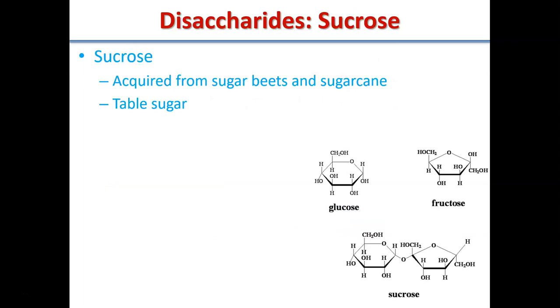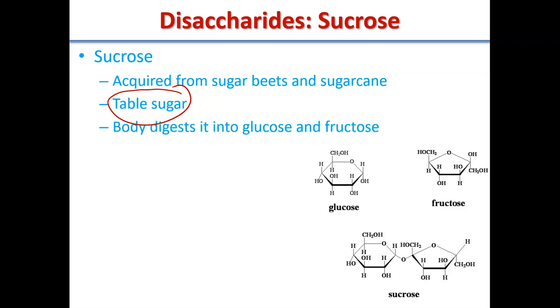Another disaccharide is sucrose. You are familiar with sucrose. Sucrose is table sugar. So if you look on the back of your Domino sugar, it's going to either say the word sugar, or if they're sneaky, they're going to say the word sucrose. They're going to try to trick you, but now you're smart because you've been in this class. So sucrose is the table sugar name. This is the molecule that's responsible for table sugar. Because it is a disaccharide made up of two